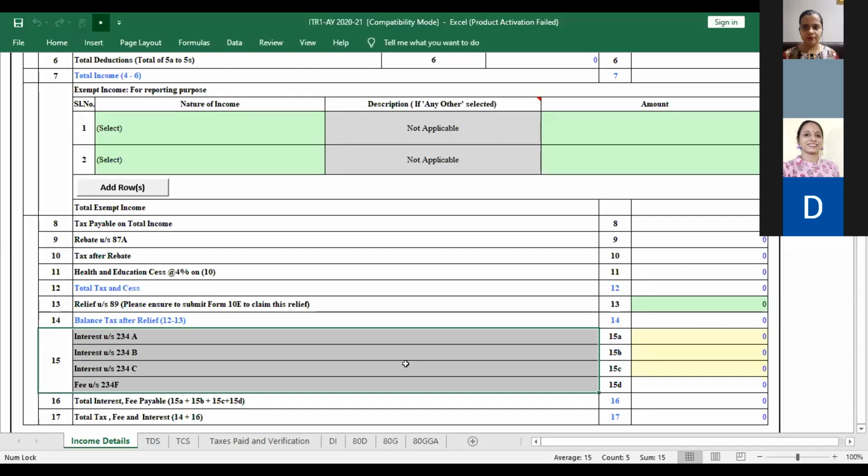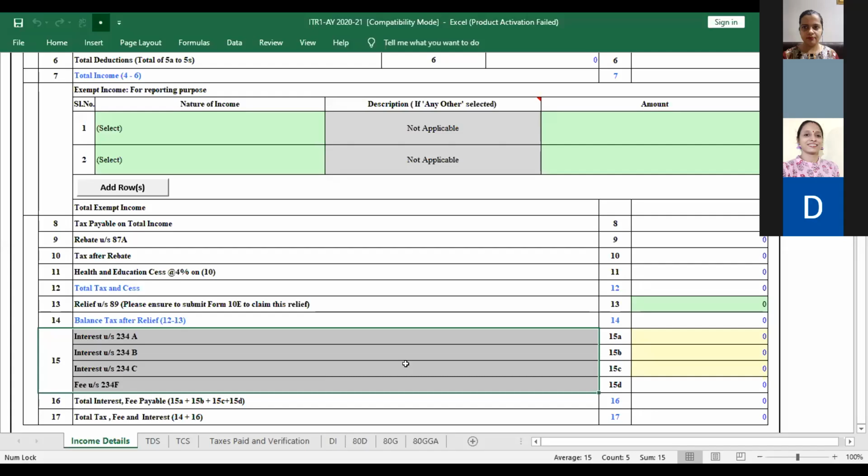234C will be deferment of advance tax. You do not pay 15%. You just decide that, okay, abhi nahi hai paisa, abhi nahi bharna hai. Why should I pay tax? Or for whatever reason you have not paid, then whatever amount has been deferred on advance tax. So B and C both pertain to advance tax.